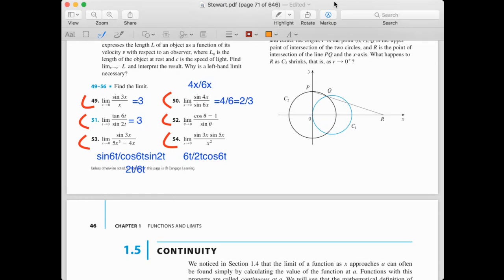Can you show the next one? Yes. 52. So it's cosine theta minus 1 over sine theta. So I just separated the numerator from the denominator, and